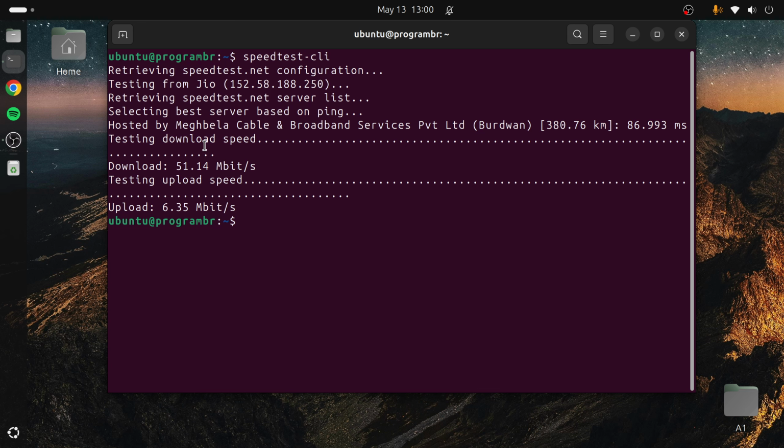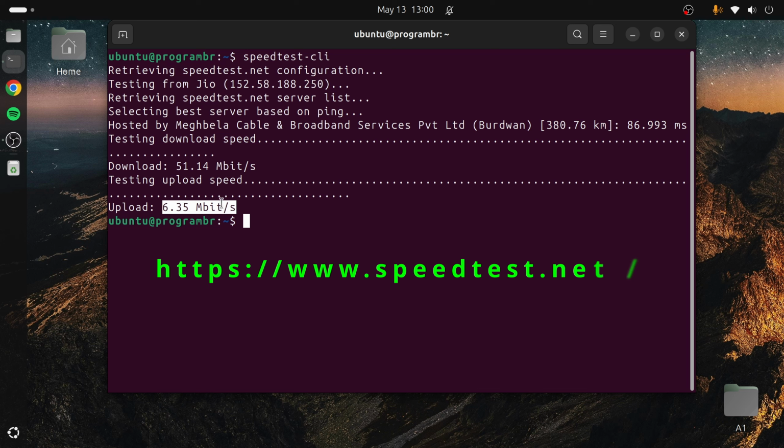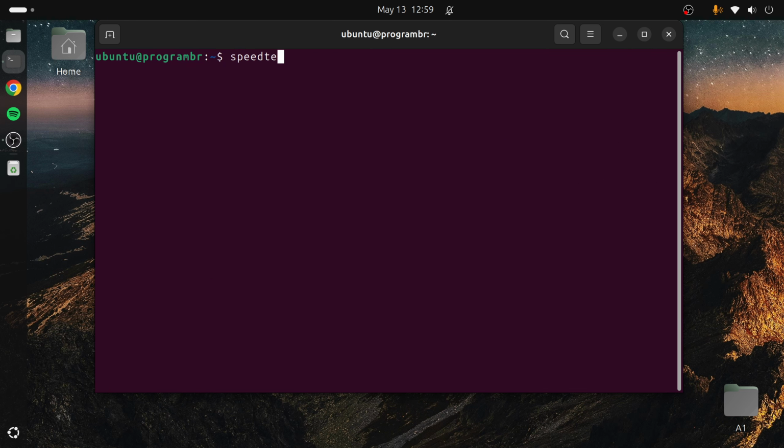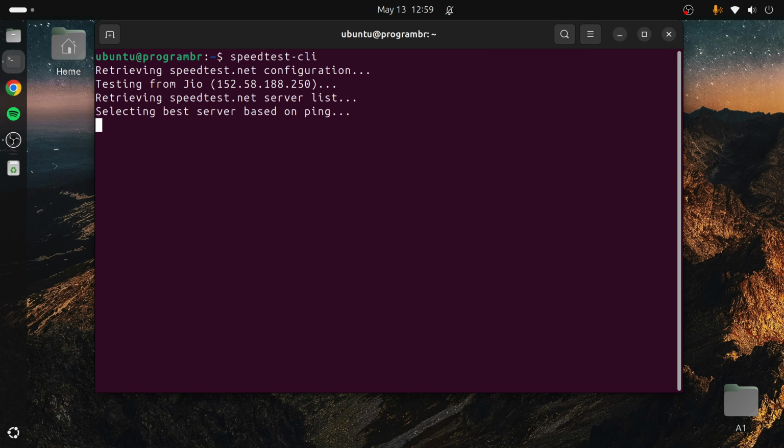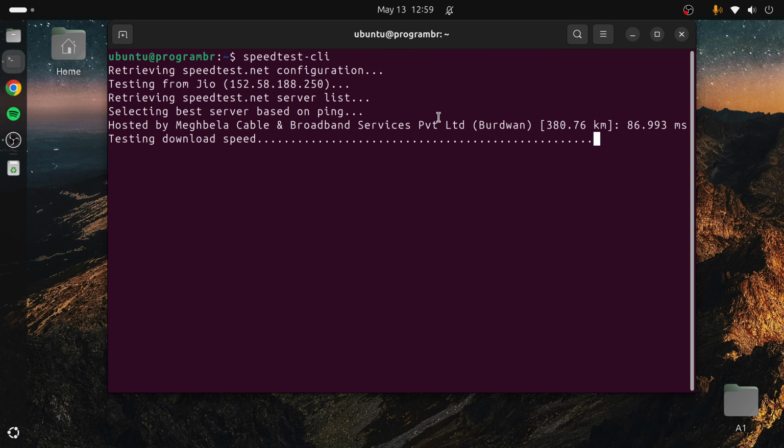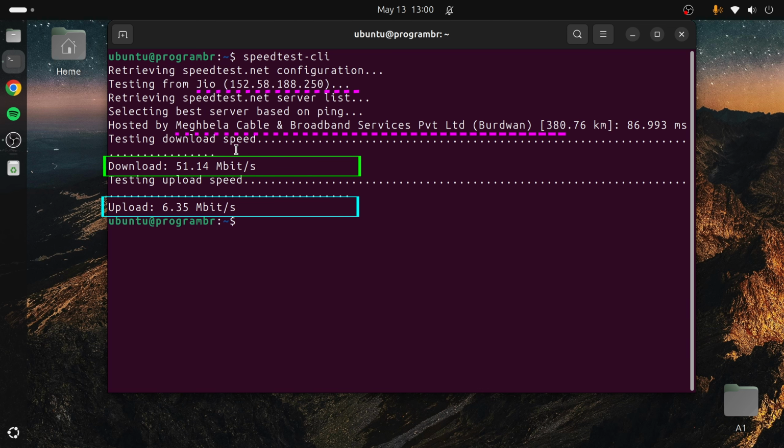It's time to do a speed test of the network using the terminal. I want to clarify something: the speedtest-cli command is hosted by speedtest.net. You will get a similar result as you get on speedtest.net using a web browser. Just type speedtest-cli and hit enter to do a speed test of your network. Wait for 1 or 2 minutes for the speed test result. Here is the result. You can see ping, download speed and upload speed, internet service provider and server location used